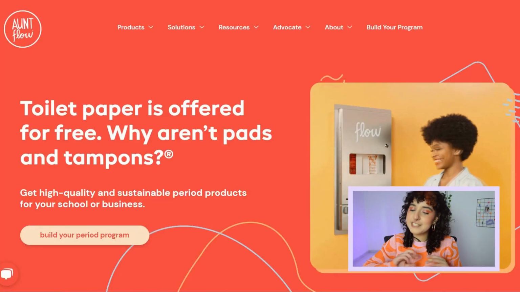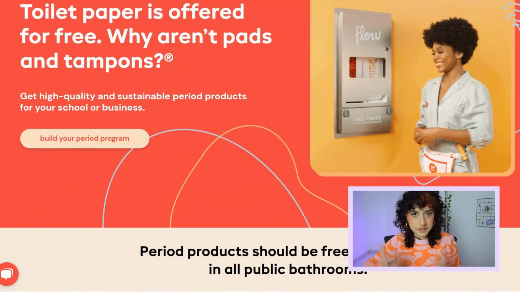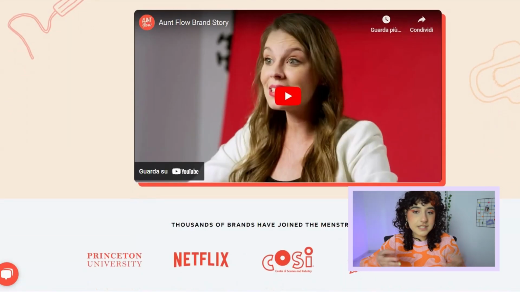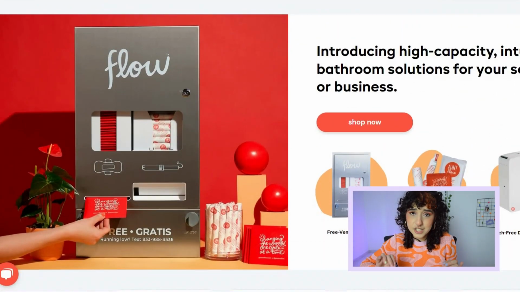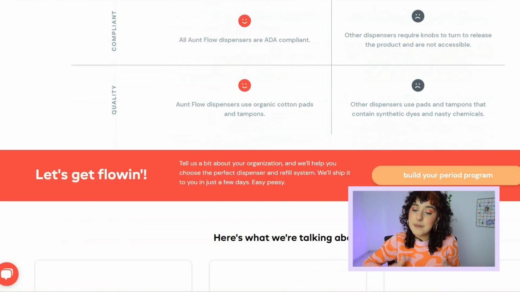But the main target is probably different. The second competitor is Aunt Flo. This branding is really fun, I have to say. They share a lot of brand values and goals with our brand, but they display these goals in a really different way. Of course, as we're seeing, the main color is red, which is a really nice shade of red, I would say, and it makes it a little bit more fun and young, but it is still